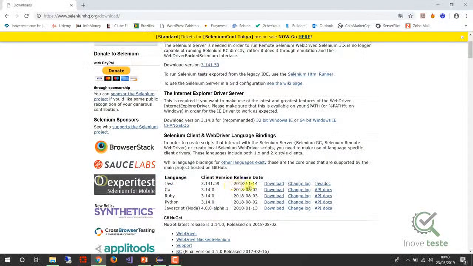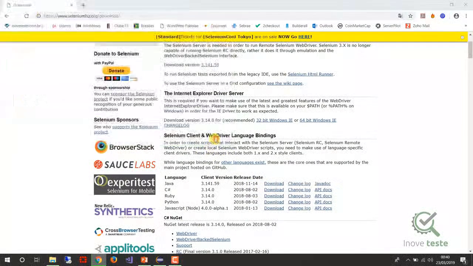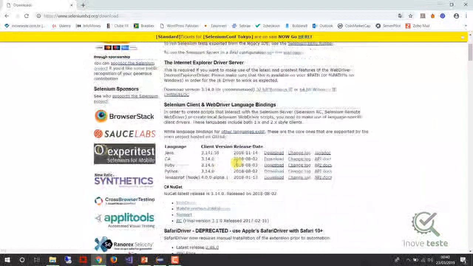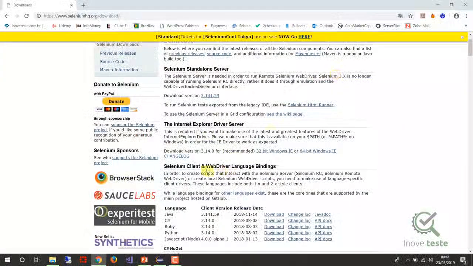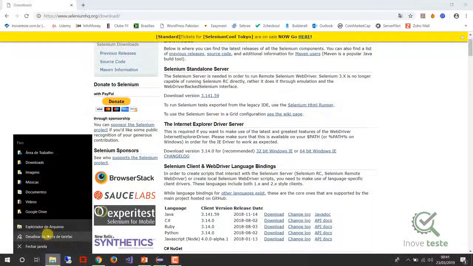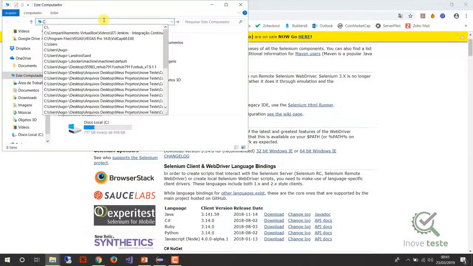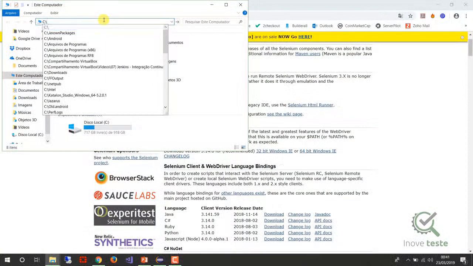Let's download Java, which is also in the same version as the standalone, right? Let's click here on download. It will also start downloading the library. You are going to save it too. As I already have it, I'm not going to save either. These two files you can just put here in the Eclipse workspace that sits there in